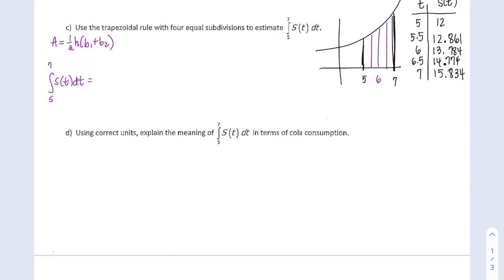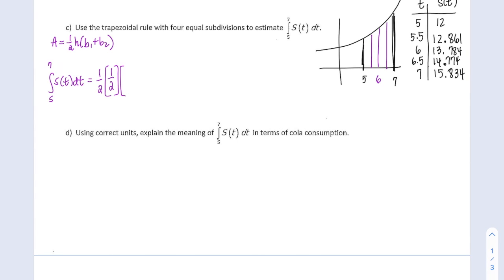So here's what we're going to do. Our area from 5 to 7 of S of t dt. My formula is 1/2 times the height, which is the width of these trapezoids, which is also 1/2, times